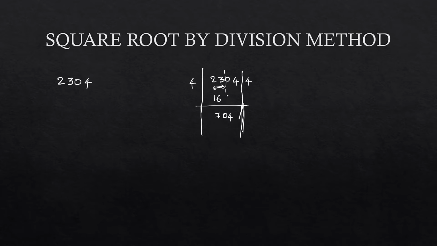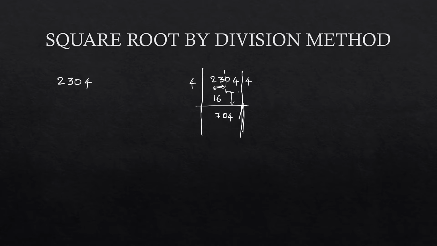Now understood clearly? Let me explain the first step very clearly. Whatever may be the number, whenever we are finding square root, always separate two digits from right, and for the remaining part you have to find the nearest square. That you do by division. So for 4 4s are 16, the remainder is 7, and the remaining two numbers you take as it is: 704.